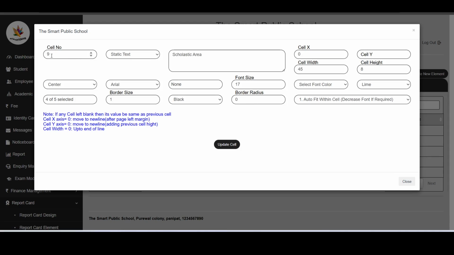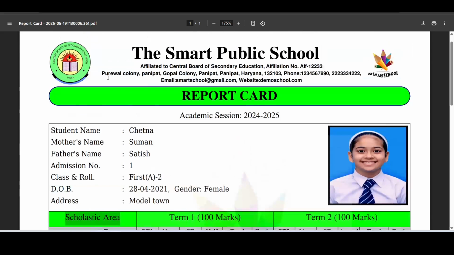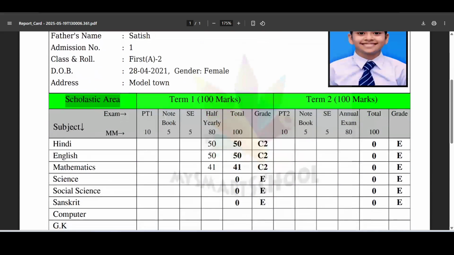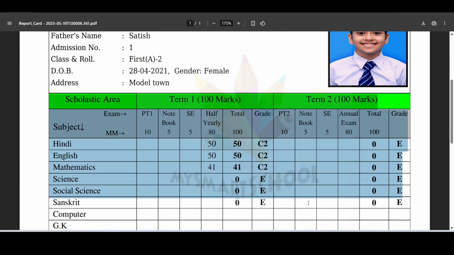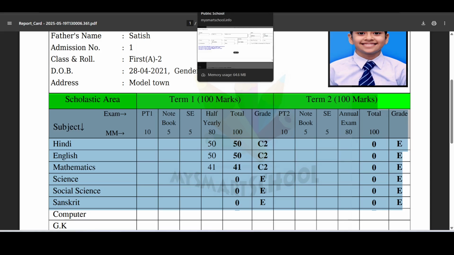The cell number is 9 because cell number 8 is the last cell up to here, so this will start from cell number 9. Each element will start from the next number, or you can even start an element from 1, but within an element you need to give a unique cell number.